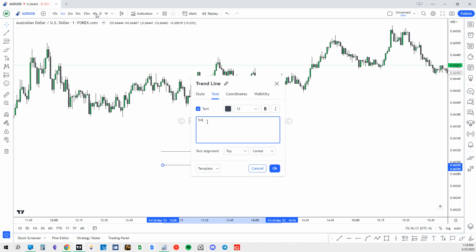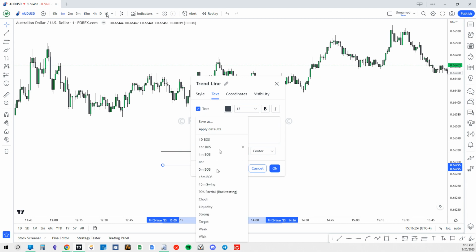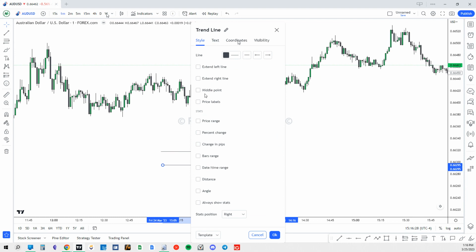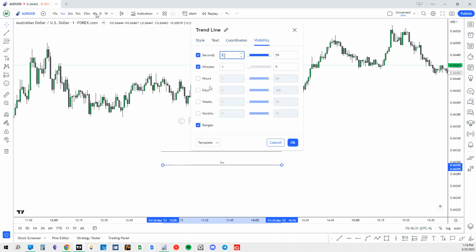And so, for example, when you're creating the 5-minute, you would write 5M, or you can write out minute, whatever you want. Take the liberty to customize this to what makes sense for you. But you're going to write out 5M, and then you're going to come down here. After you have all the colors and everything set up and the style set up, and the visibility set up,